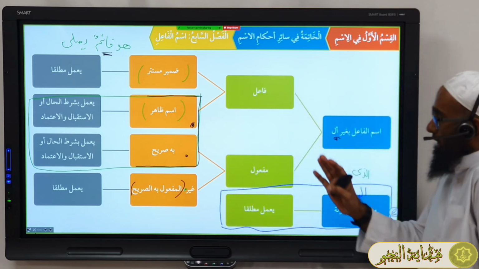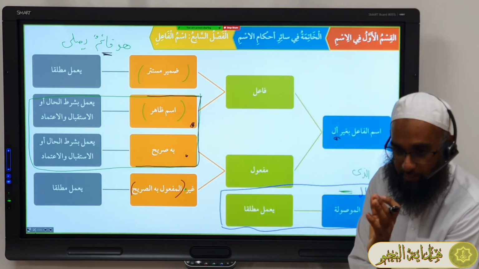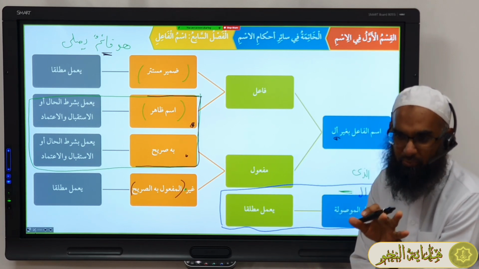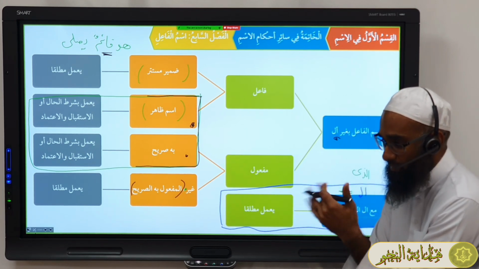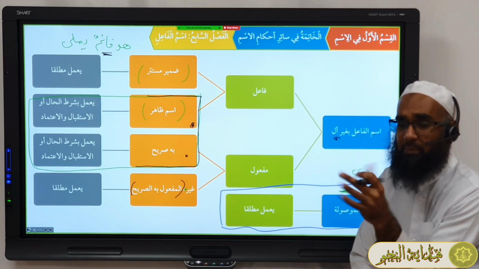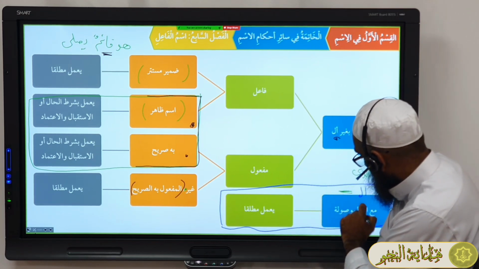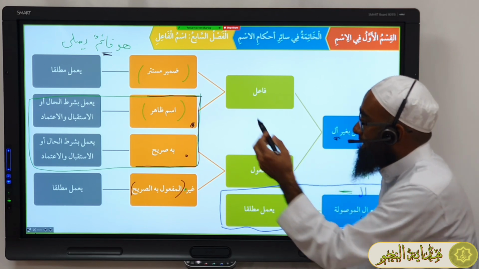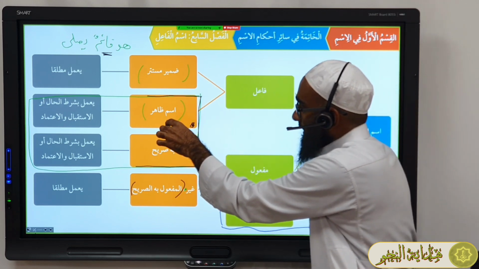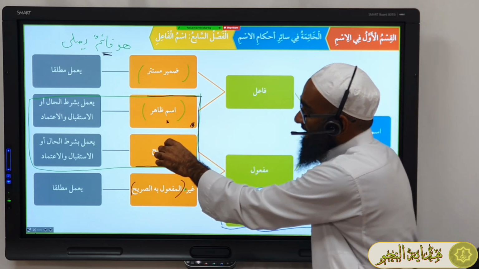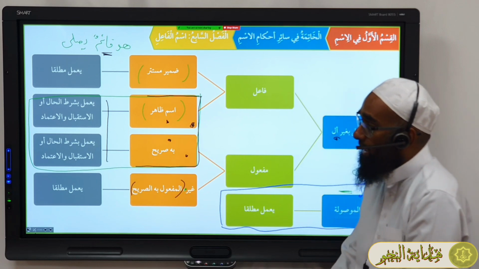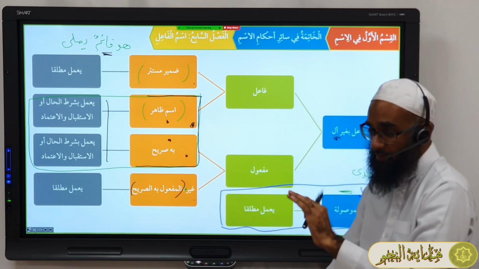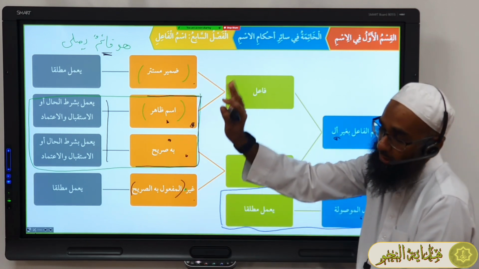So if you recap again, the ismul fa'il, you see ismul fa'il. If it's alif lam, close your eyes and you know it's going to do amal. It can do amal. Whether it has a fa'il after it, ismul zahir or mansoob, maf'ul bihi, it doesn't matter, but it can do amal. So once it has an alif lam, it can do amal. If it doesn't have an alif lam, then you have to look, is it giving amal to an ismul zahir or a maf'ulun bihi? If it is, it has conditions of i'timad and hal and mustaqbil. And if its fa'il is zamir mustatir or is maf'ul other than maf'ul bihi sarih, then there's no condition, it can do amal mutlaqan.